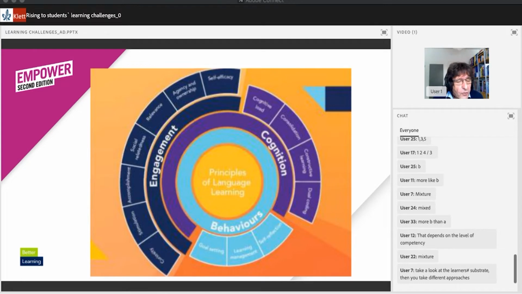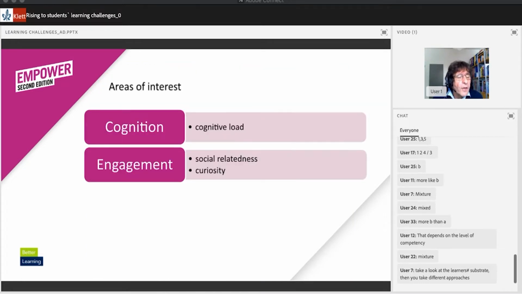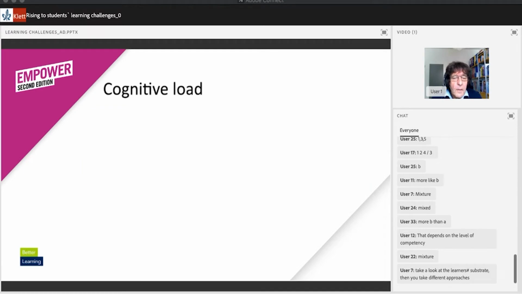Obviously, I'm not going to look at all these during this webinar, but I'd like to focus on a few areas which I think are quite interesting. So within the area of cognition, we're going to look at the issue of cognitive load. Within the area of engagement, we're going to look at two specific areas, one of social relatedness, the social dimension, and curiosity. So let's look first of all at cognitive load. With each of these areas, I'm going to look briefly at what research tells us about these areas, so some of the issues, and see how we might apply this to classroom practice. So in cognitive load, here is a